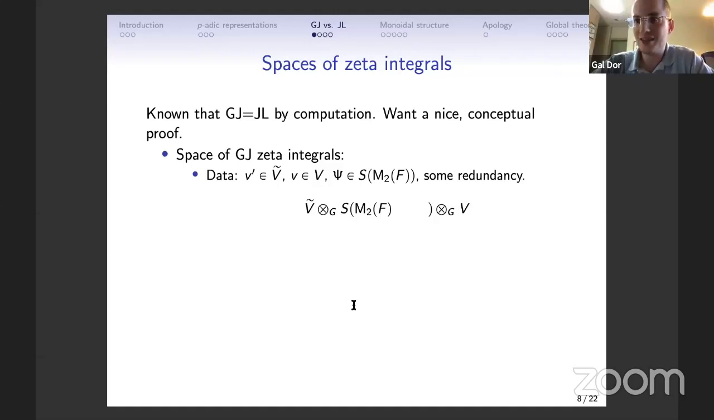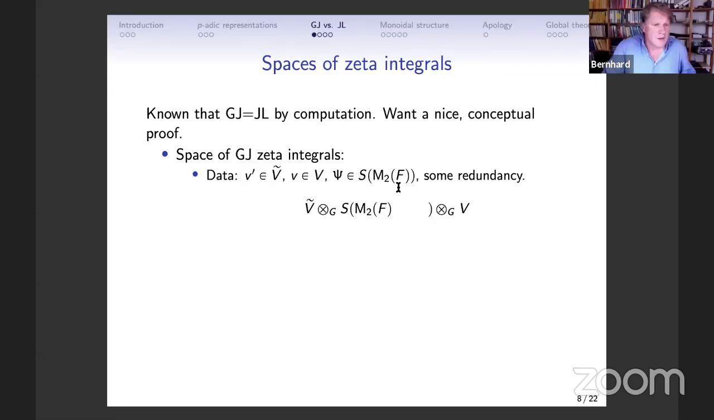First of all, we need to understand what our spaces of zeta integrals are characterized by. That is, I need to understand what is the input data for a zeta integral. So essentially, I just said what it was, right? You take a matrix coefficient and the test function. But that's